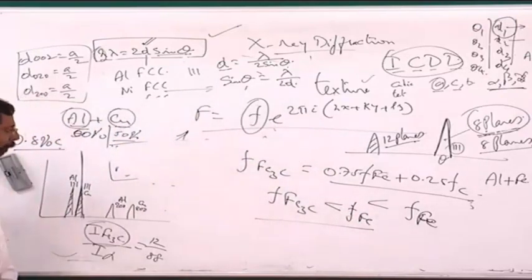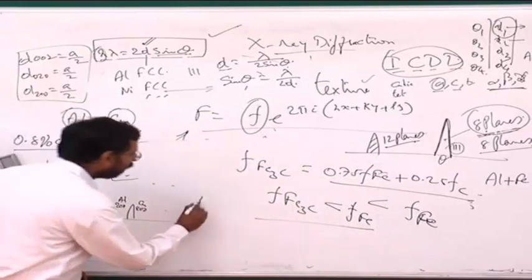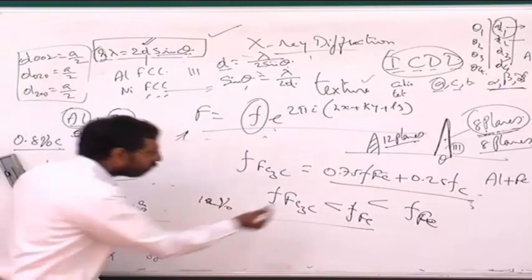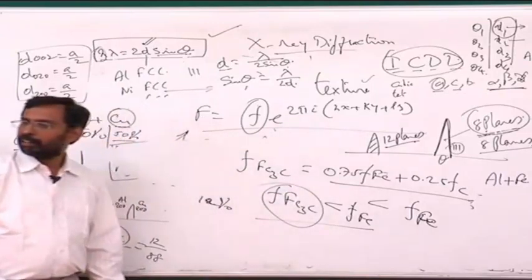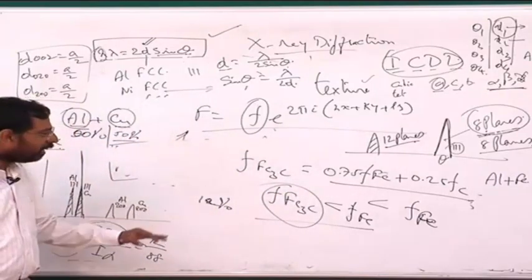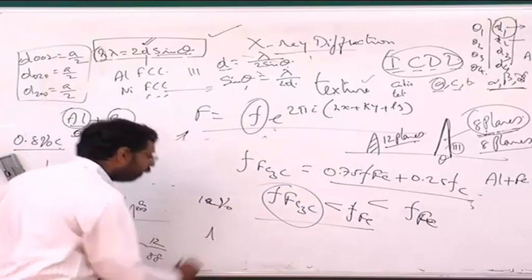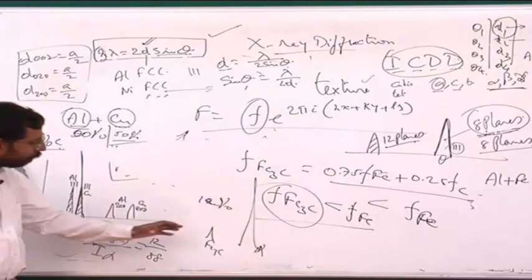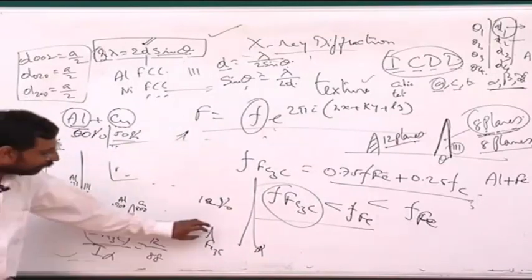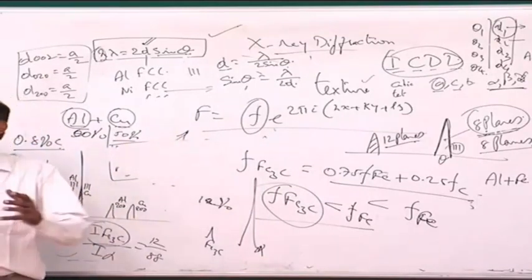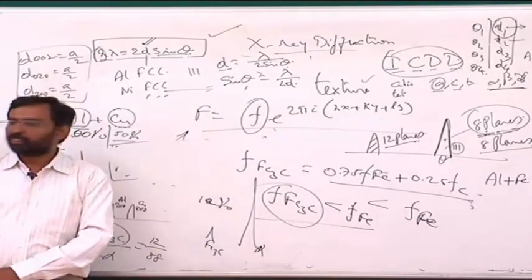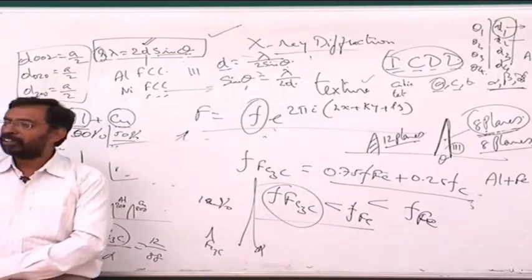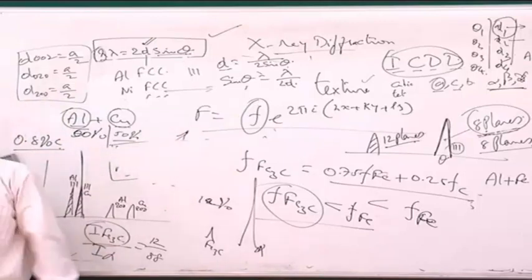As a result, first and foremost, Fe3C is only 12% in the microstructure, and its structure factor is also smaller. So you will see that the peak of Fe3C will be much smaller than the peak of iron, the alpha peak, and it will be difficult for me to even detect. Many a times when you take a steel and send an X-ray beam, you will find that all the peaks are only iron peaks, alpha peaks. You do not see any Fe3C peaks at all.